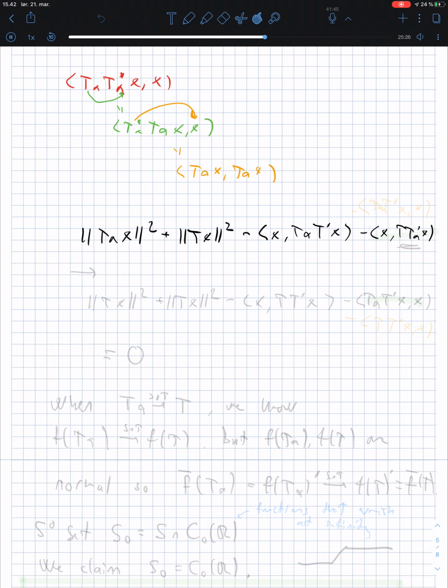But then let's see what happens when we let alpha go to infinity. T alpha x goes to Tx, so that just gives me the norm of Tx squared, and I have this twice. And then I have x comma, and then what happens? Well, when T alpha goes to infinity, T alpha T star x will go to T star T x, and when T alpha goes to infinity, T alpha star goes to, hang on,